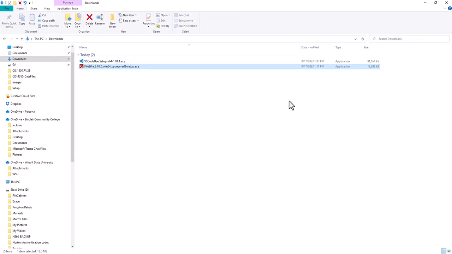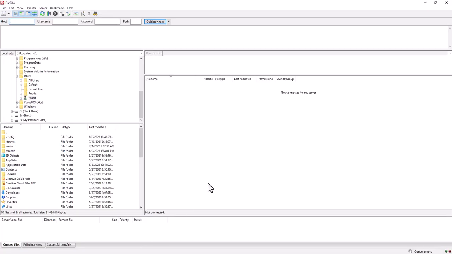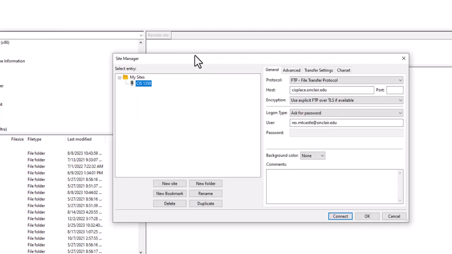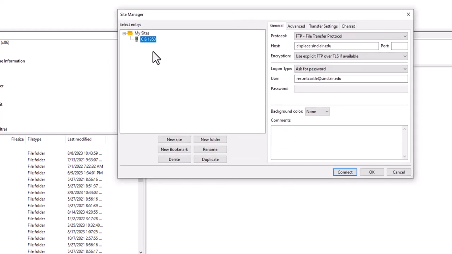And while we're waiting, FileZilla should open up, and here is FileZilla. Now we're actually going to create a connection to the Sinclair server. So what I'm going to do is go over here to this icon which says Open the Site Manager, or I can go to File, Site Manager. So what you need to do, first of all, is to create a new site. So you could click on Create New Site,